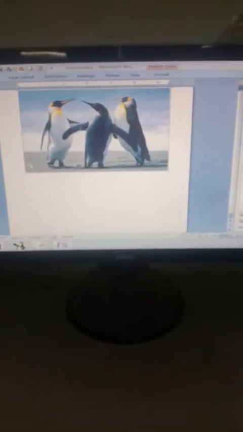Now the next topic that we are going to see over here is formatting the picture. The picture that we have inserted in the document, we can format it in different ways. When we insert a picture in the Word document, a new Format tab appears under the Picture Tools. Suppose you want to resize the picture.